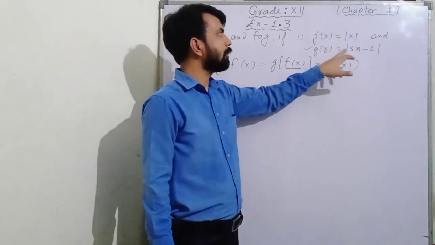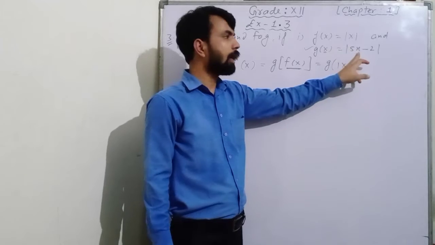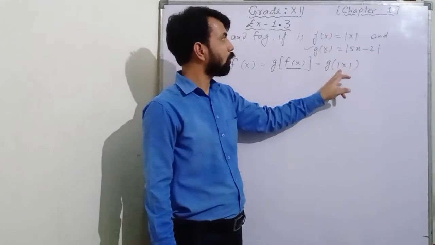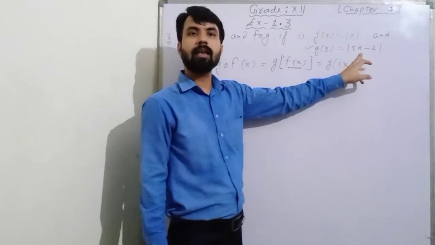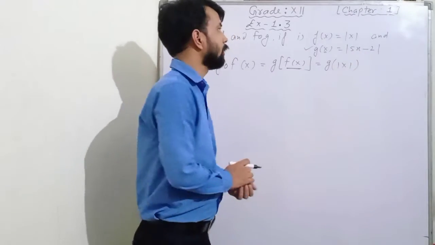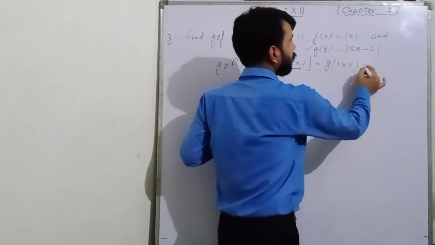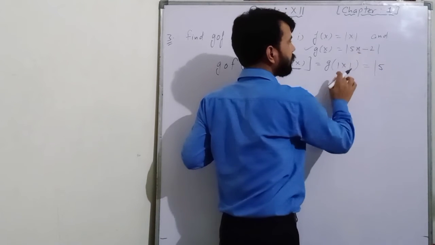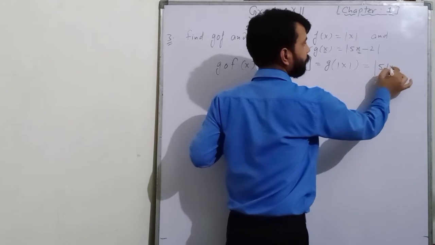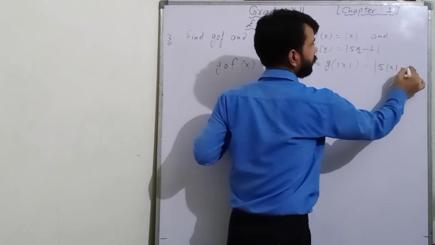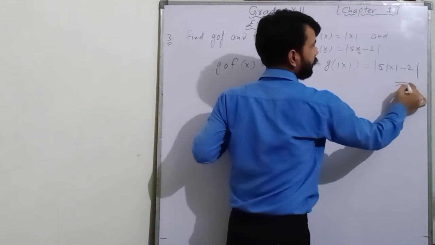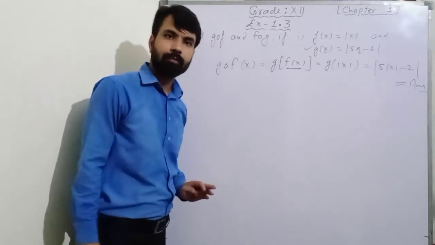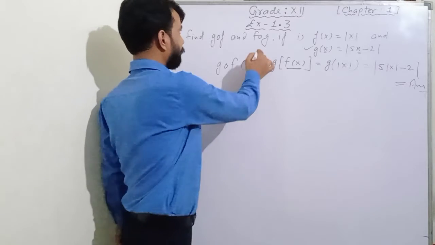So here g(x) equal to this. Here there was x, so here also there is x. But if I have to take the value of mod of x, then in place of this x we have put mod of x, so here also, wherever x is coming, what will we put? Mod of x. So its value will be modulus 5, in place of x we will substitute mod of x, minus 2, and mod. This is our answer. This is the value of g o f. Clear?